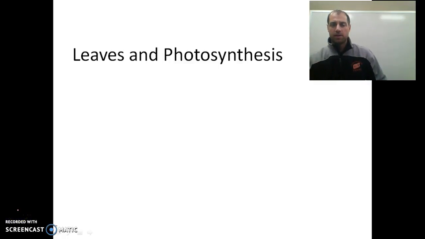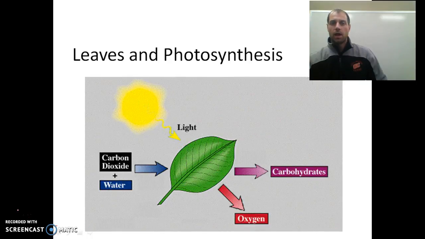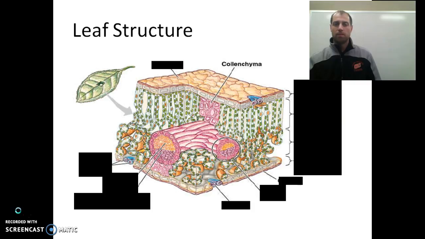Today we're talking about leaves and how they work to help plants go through photosynthesis. We already know that when we go through photosynthesis, we take light energy and carbon dioxide from the air and water from the ground, and leaves will go through a process called photosynthesis to create carbohydrates and oxygen. How they do this is based upon their leaf structure, and structure, really in all things,